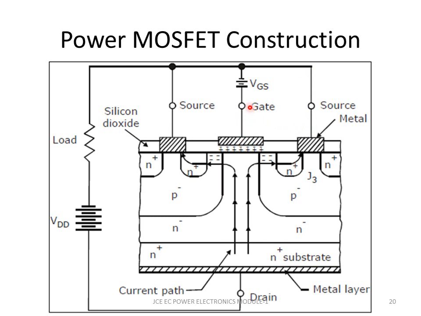Initially, when the gate voltage is 0 and only VDD is applied, this positive voltage VDD keeps the junction reverse biased and no channel will be formed. But when a positive gate voltage is applied, it will induce a negative charge in the N minus as well as positive polarity. A negative channel will be formed, because of which the drain current will now start to flow from drain to source. So this is how the power MOSFET construction works.